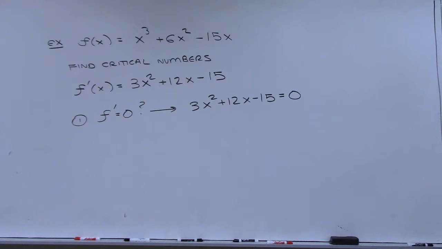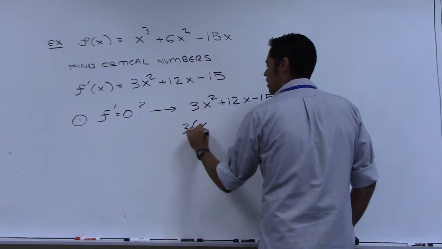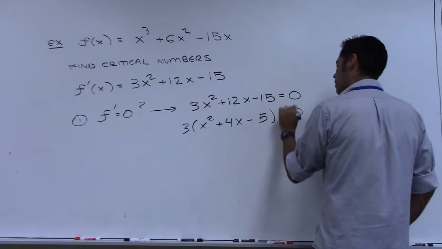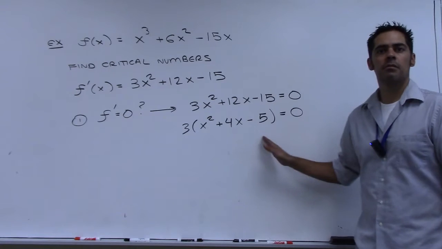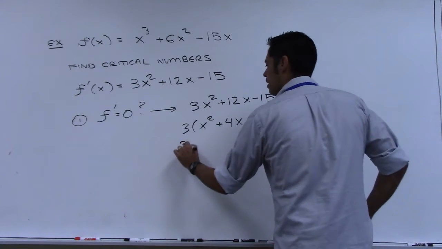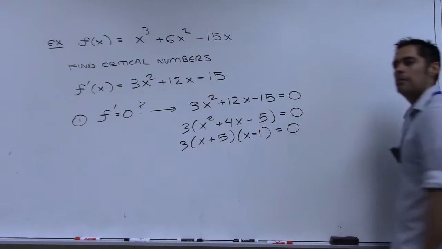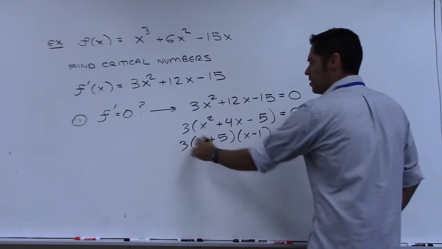And that's a quadratic equation. So you need to be able to factor it or do something to it, right? Everyone needs to be able to solve a quadratic equation in this class. I think the easiest way is maybe factor out a 3. Does that help you factor this? This is x plus 5, x minus 1, right? And so you set these factors equal to 0.